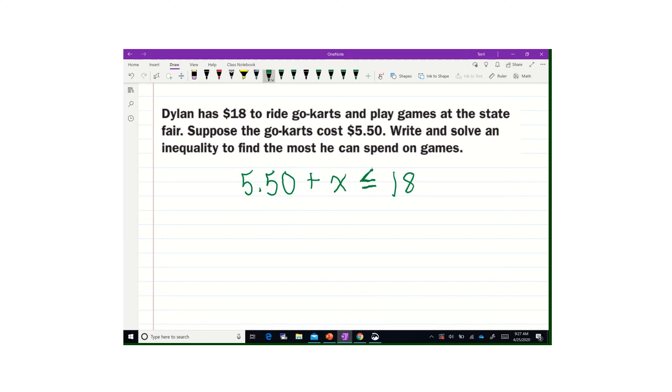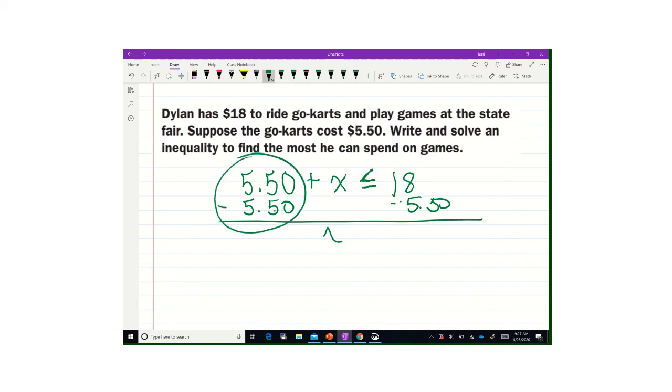Okay, so the most he can spend is $18. So in order to solve this, again, we're going to get our x by itself. So I'm going to subtract the $5.50 from each side. And these two are opposites. They're going to become a 0. So my x is less than or equal to 12.5,